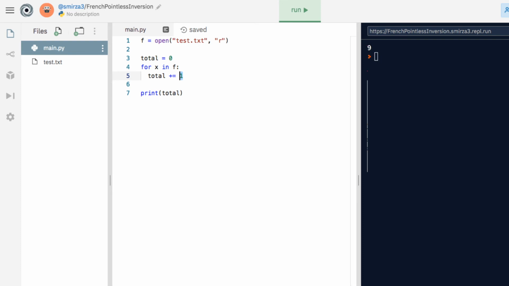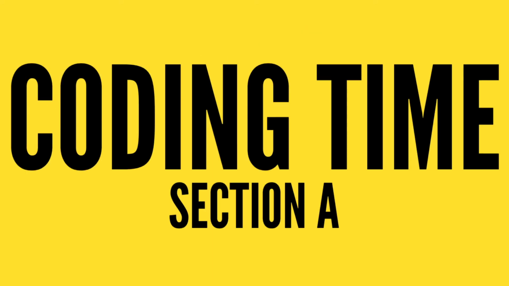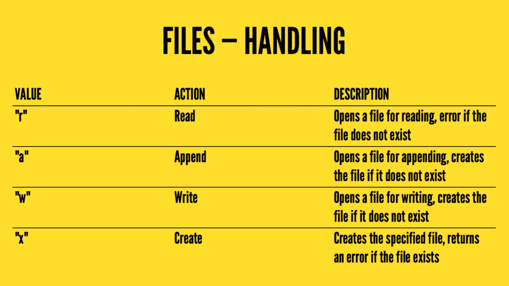And then question 3, we went through, but instead of having the total plus 1, you're going to do total plus x. But remember, numbers in a text file are still strings, so you always have to cast them if you're going to add them together. Okay, so that was coding time A. So let's carry on